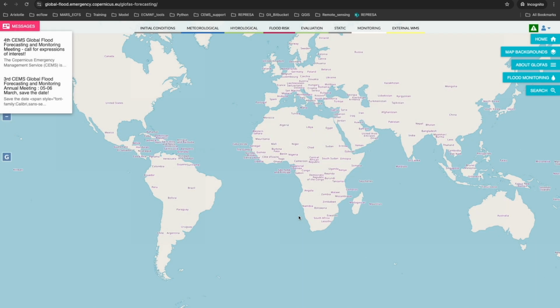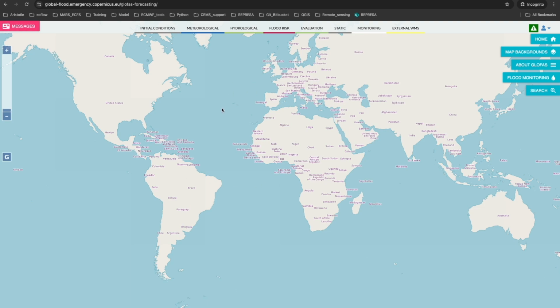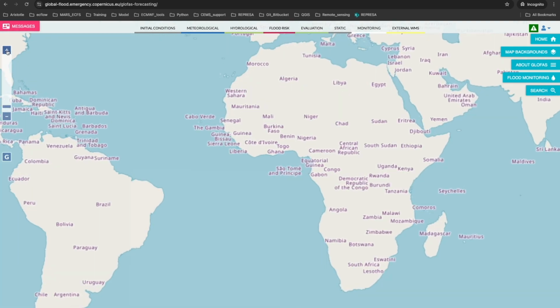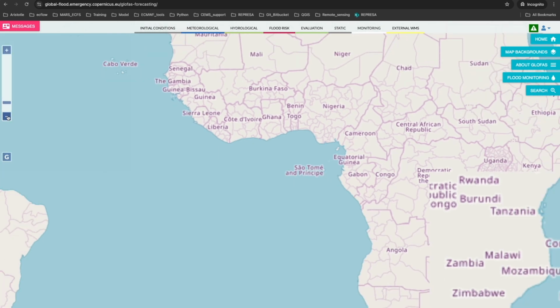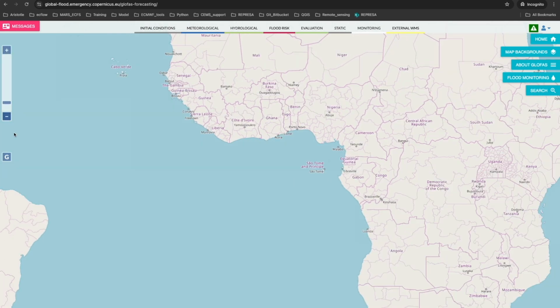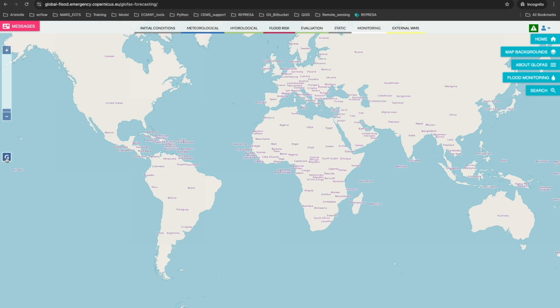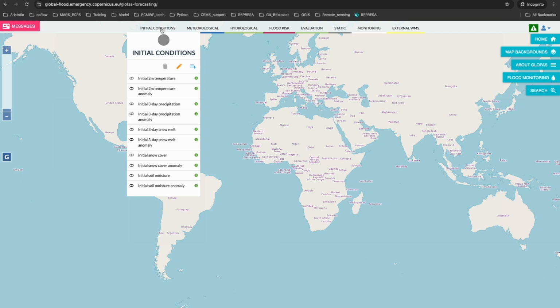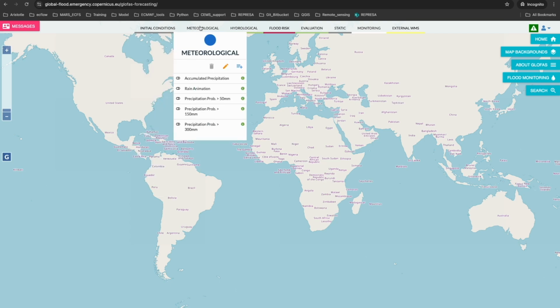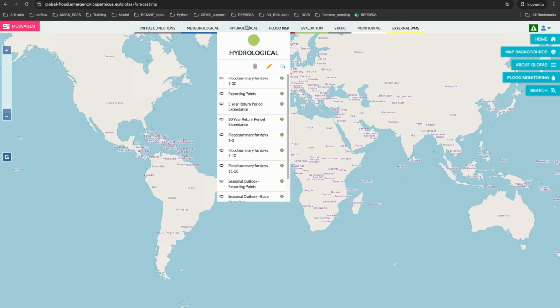Here we are. If you haven't set up GloFAS yet, this is what you should be seeing, an empty map. You can zoom in and out using the slide bar by clicking on plus and minus. You can also use your mouse wheel. If you click on G, you go to the global view again. On the top, you have different tabs, and if you hover over them, you have the layers available in each